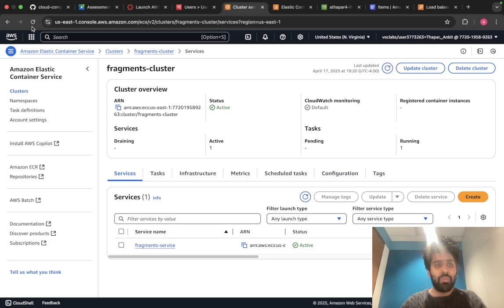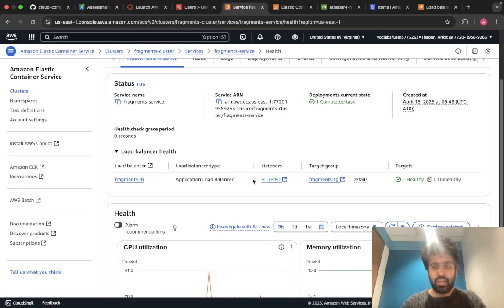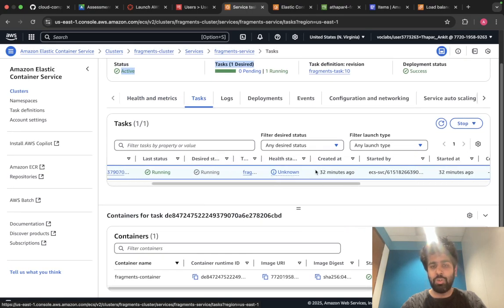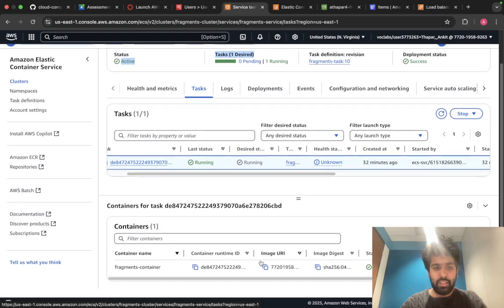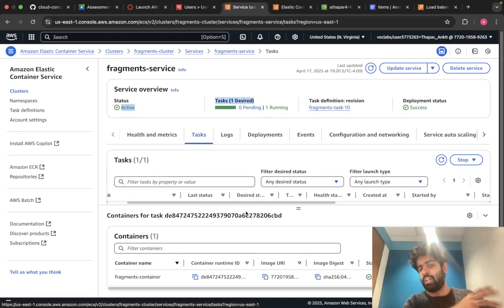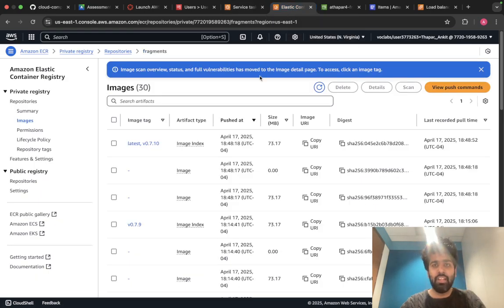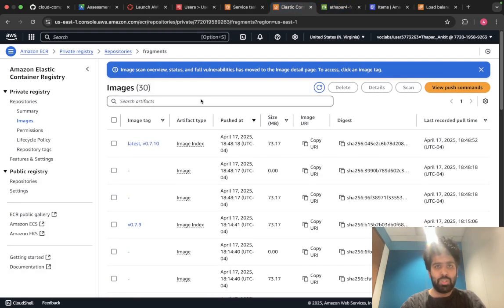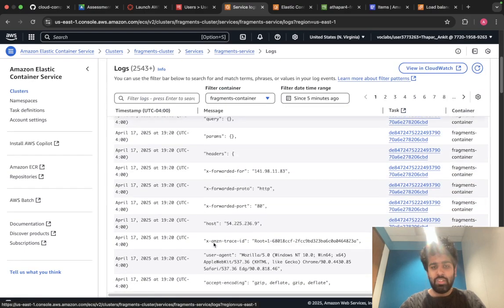So let's go back to our cluster here and see how many tasks we have running. So we'll just have one task running, which was started around, let me just go to the tasks here, and we see our task is running 32 minutes ago, just the last one. And yeah, that's the running one, and there were a lot of tasks which I stopped before, because I needed to deploy and tag it again and again. So let's go back to watching the logs here now. So I'm pretty sure we need to use the ECS. So we have the logs here. So we have a bunch of logs